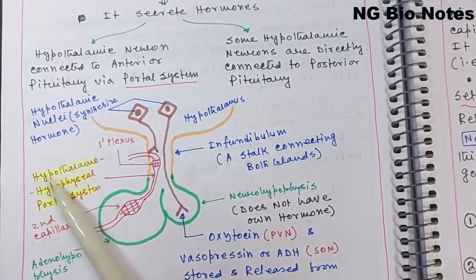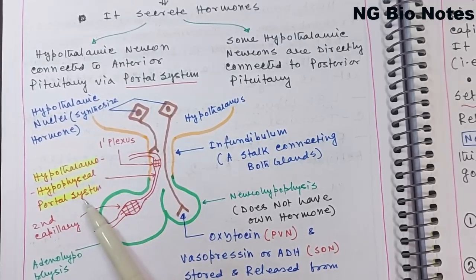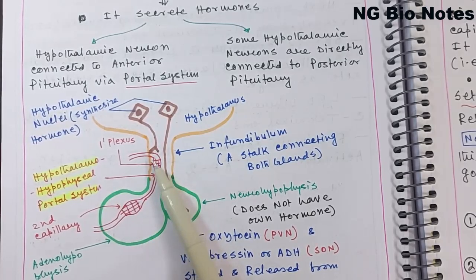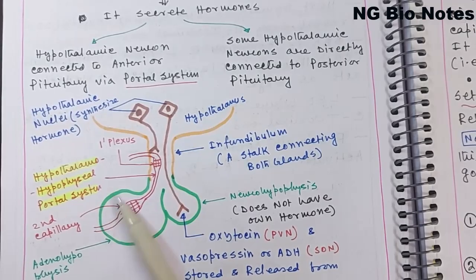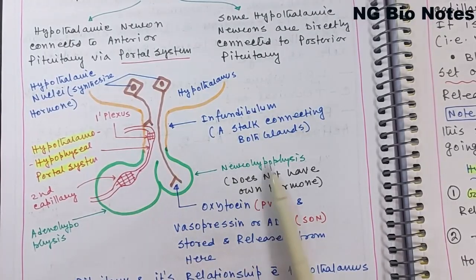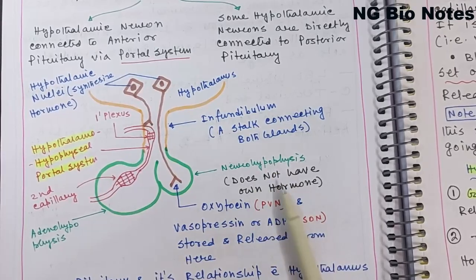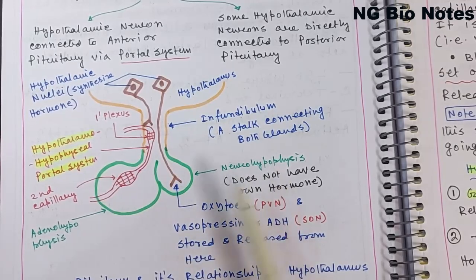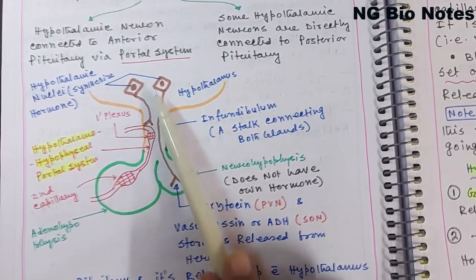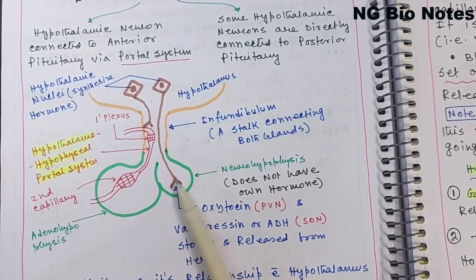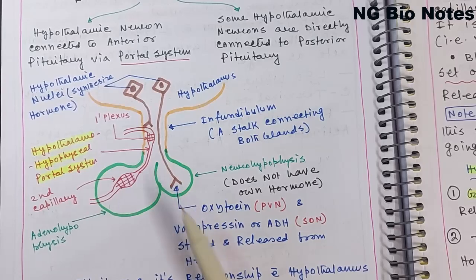We will discuss the details of this hypothalamo-hypophyseal portal system. The releasing hormones released into the portal system are carried into the anterior pituitary gland, where many pituitary cells are present, and the releasing hormones activate these cells. The posterior part of the pituitary gland is called the neurohypophysis, but it does not have its own hormones. Actually, oxytocin and vasopressin, two neurohormones, are released through the neurohypophysis, but they are synthesized in the hypothalamus, and the hypothalamic neurons carry these neurohormones into the neurohypophysis,